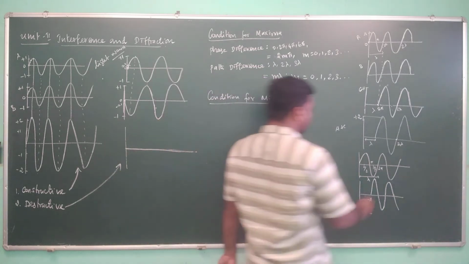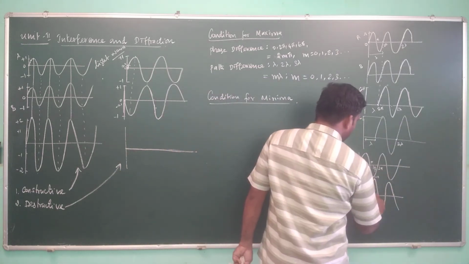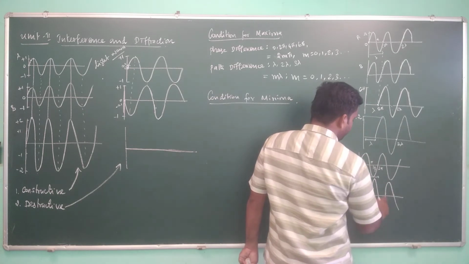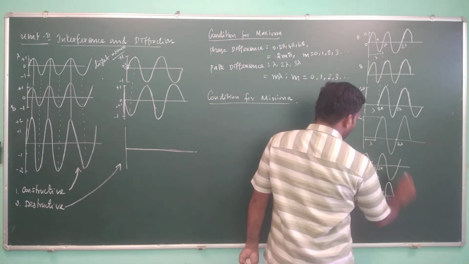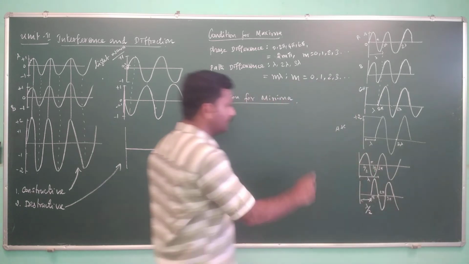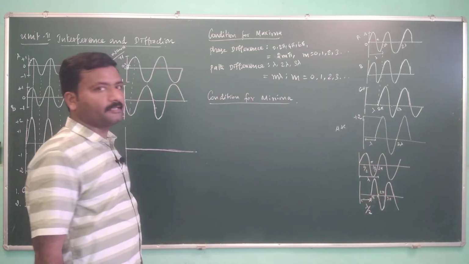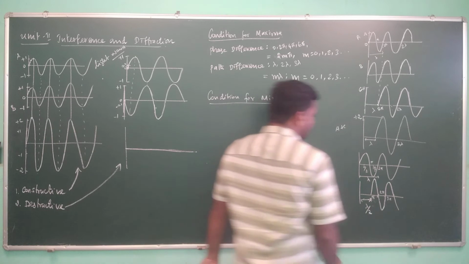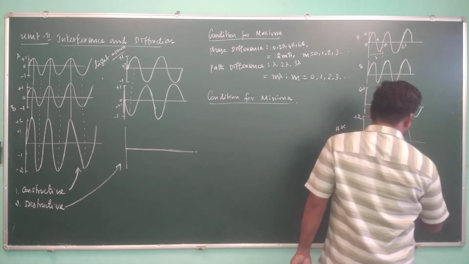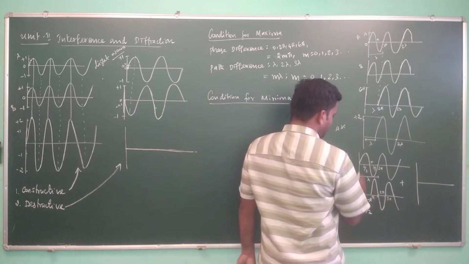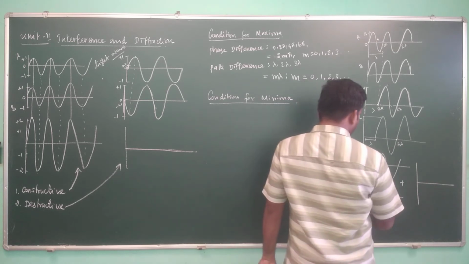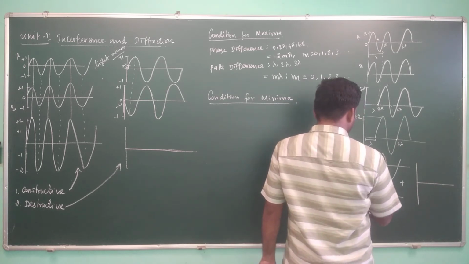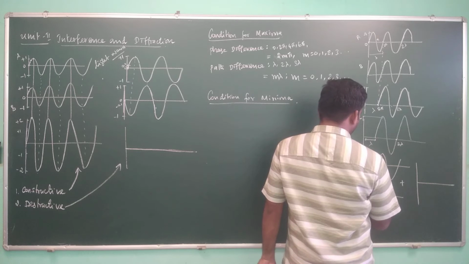What about the phase difference? It is starting at the phase pi, and this is 2 pi, this is 3 pi and so on. Okay, these are the two interacting waves. Now what would be the resultant wave? If you add these two waves, what will you get? You can draw the resultant wave from this point.